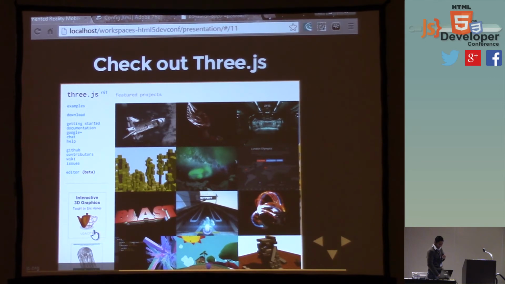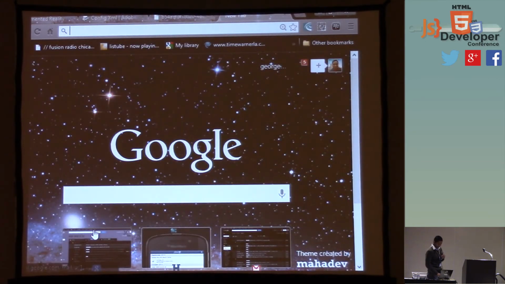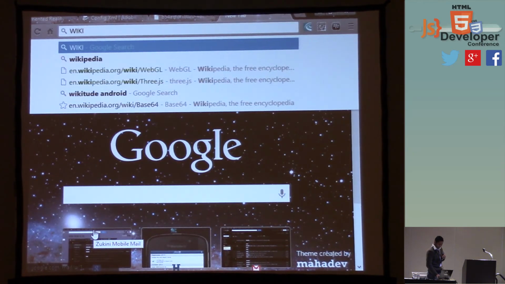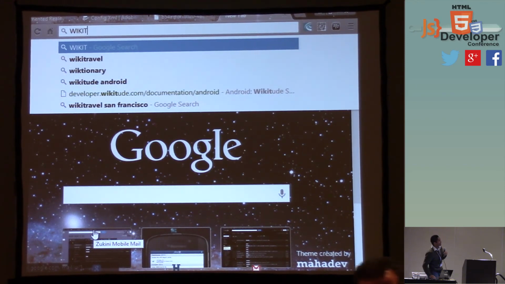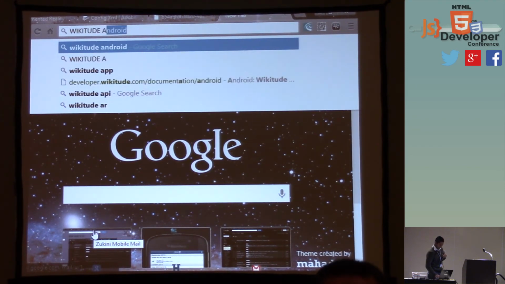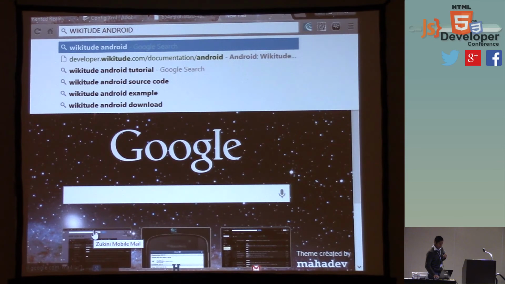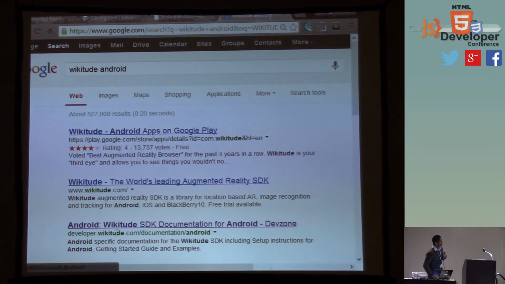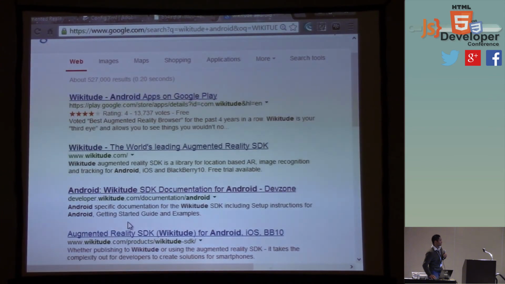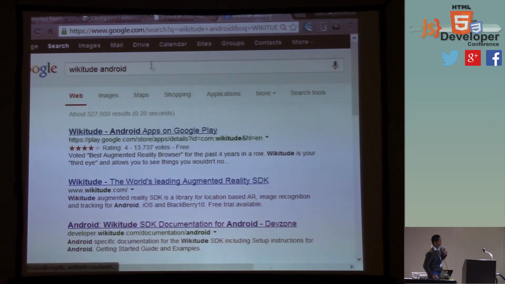Actually, I think Wikitude has a kind of hybrid SDK for that. Wikitude Android. Oh, no, we want to see JavaScript. So let me see.